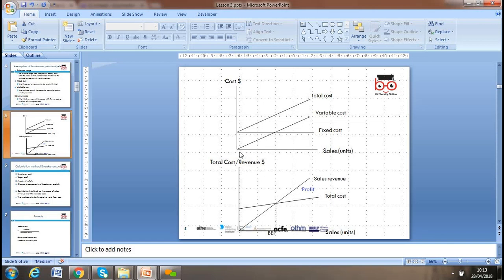So we have a sale, and fixed cost will stay fixed, either we sell 1 unit or we sell 1,000 units. So our fixed cost, up to full capacity, stays fixed. Then we have variable cost. The cost will change. If we produce 1 unit, it will be lower, and if we produce many units, it will be